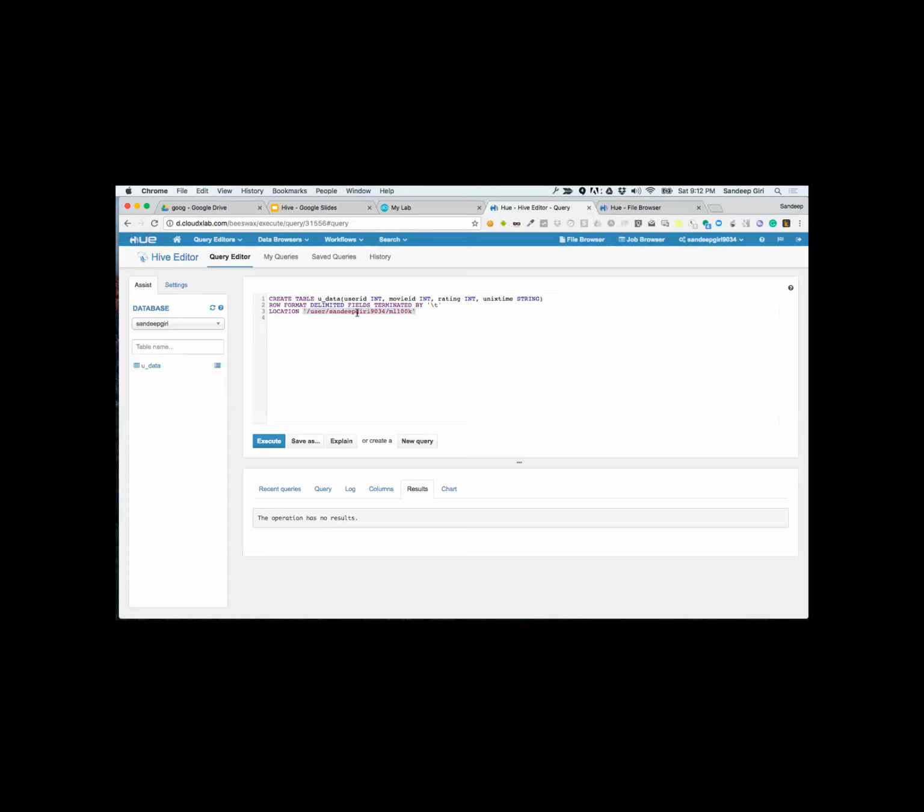Our data is here. And how does this data get translated into the table? By this line. It says that the row format is delimited, terminated by tab.